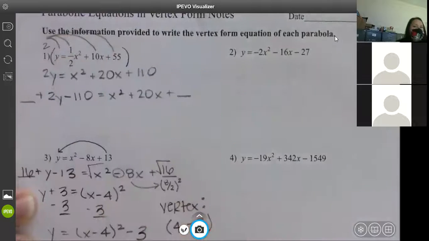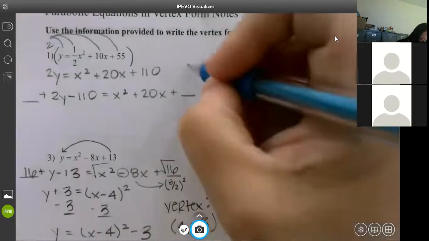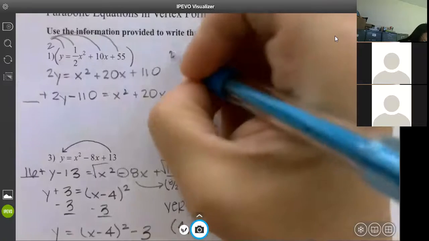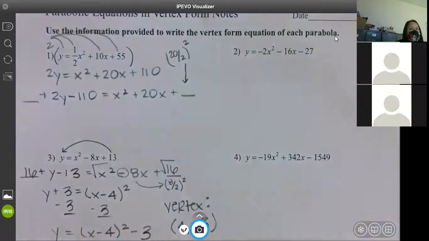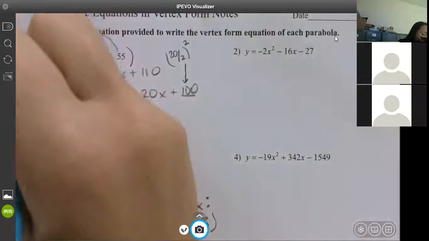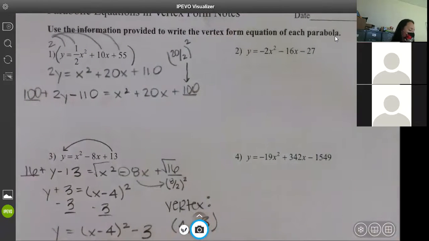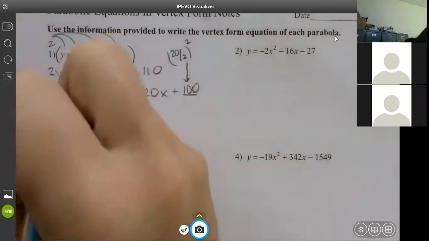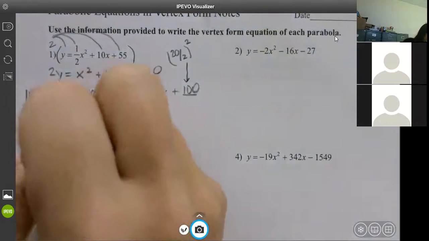And then I'm going to add my blanks. In this blank, you're going to do that 20 divided by 2 squared. What's going in there? 100. It should eliminate those numbers like to really small ones. You shouldn't have big, huge numbers, okay? So you should get something close to this. That's going to kind of narrow it down a little bit. We have 2y. 100 minus 110 is minus 10